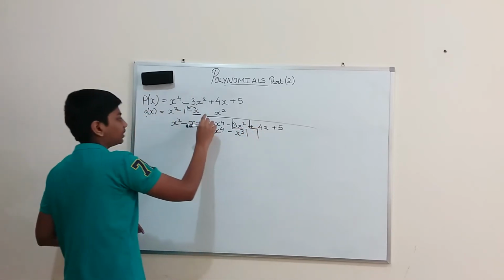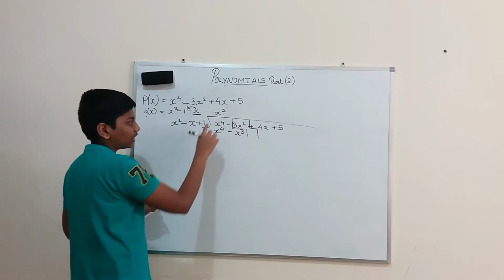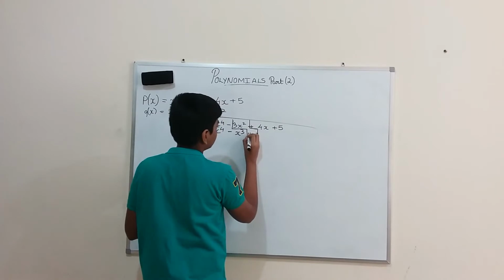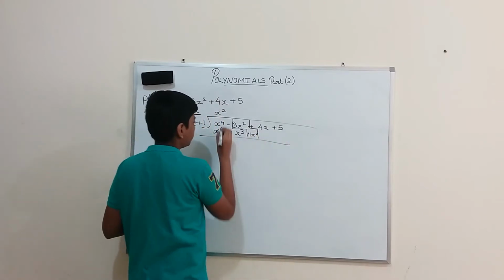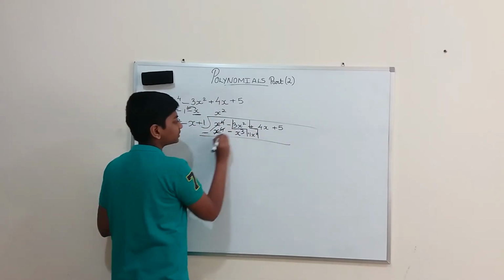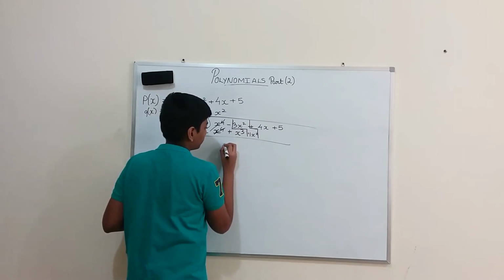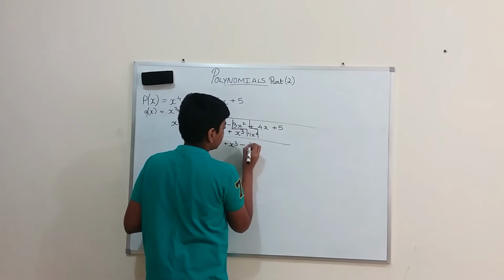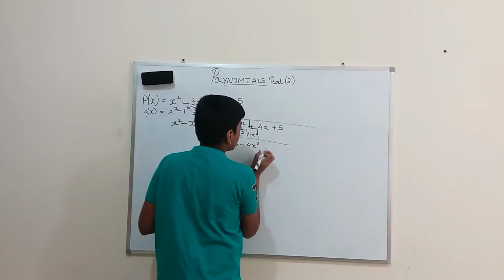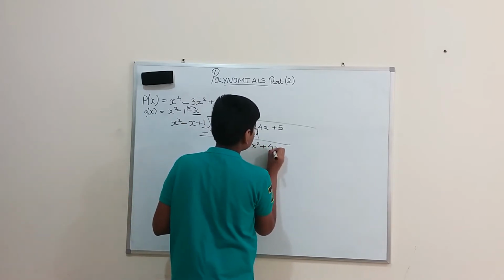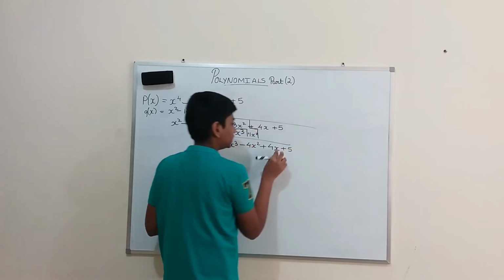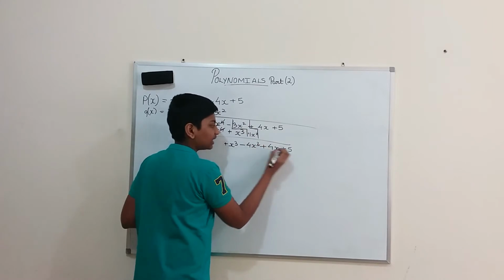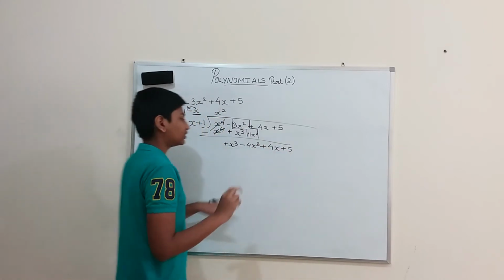Okay? So x square into 1 gives you 1x square, right? 1 plus x square. So nothing else. So we can cancel them by changing the symbols. This will become plus. So plus x cube and minus 4x square and plus 4x plus 5. Here we cannot cancel these both. Why, if you ask? Because this is x square and this is just x.